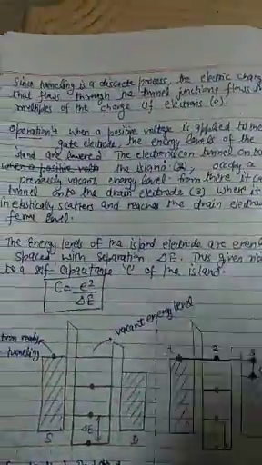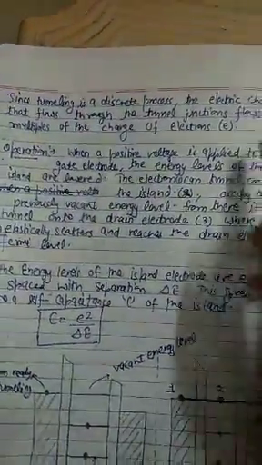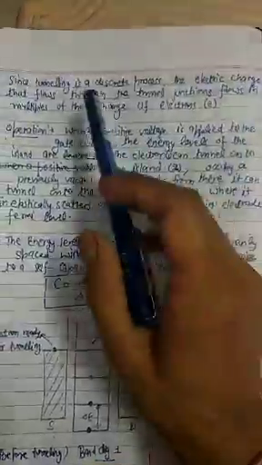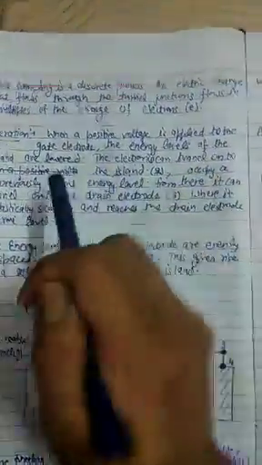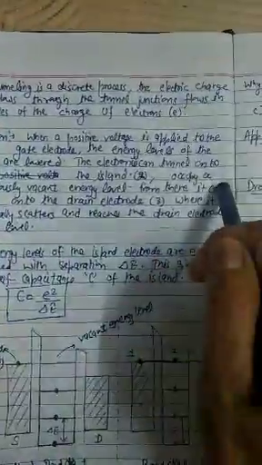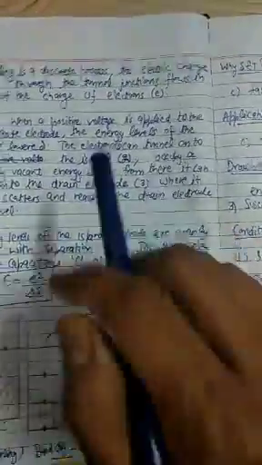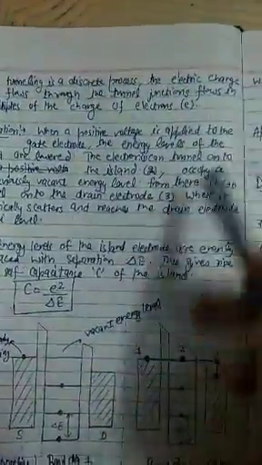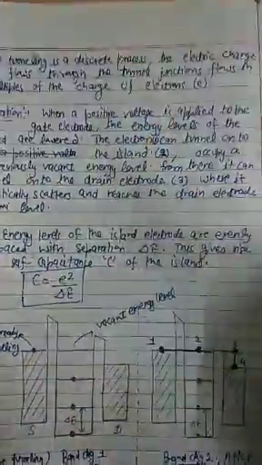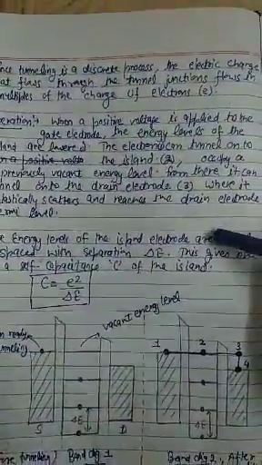Because tunneling is a discrete process, as we are understanding it from the quantum perspective, the electrical charge that flows through the tunnel junctions flows in multiples of the charge of the electron. Obviously, firstly 1 electron will go, then 2 electrons, then 3 electrons, and so on. So whatever the charge is, it is in multiples of electrons. Now how does it work? As soon as we apply some positive voltage on the gate electrode, the energy level of